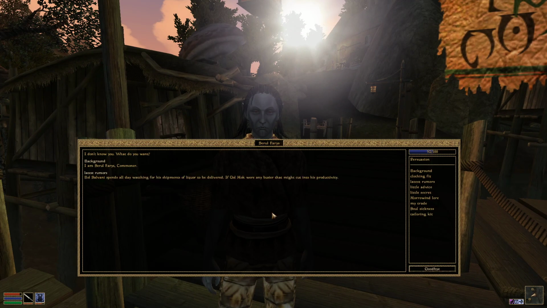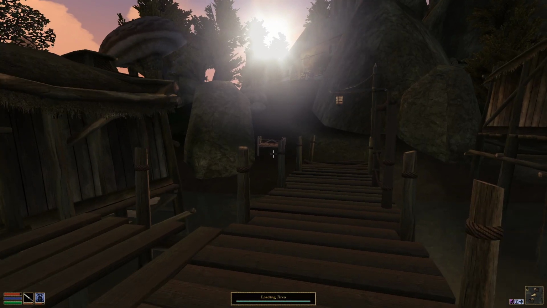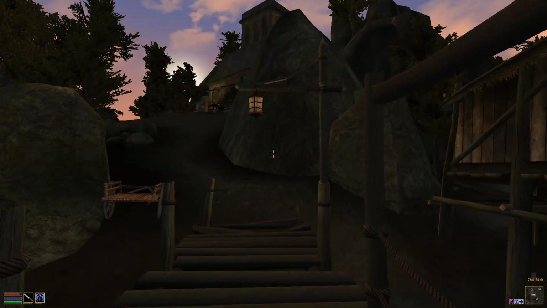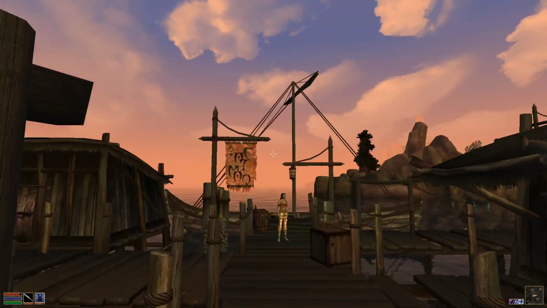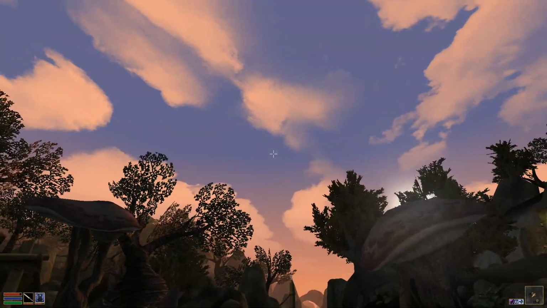Not really, eh? Bal Salvani spends all day watching for his shipments of liquor to be delivered. If Gol Mok were any busier, that might cut into his productivity. Yeah, so it looks like we are in the town of Gol Mok. I don't know if there are any shops here. Although, to be honest, I'm carrying a rather large quantity of contraband, so...